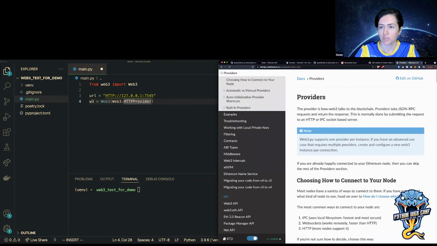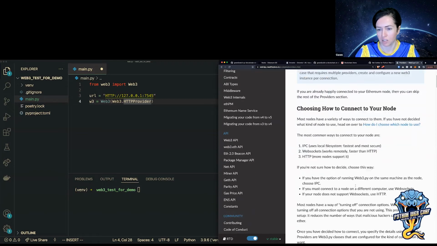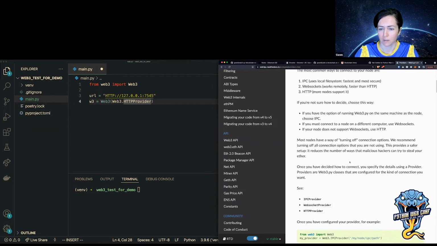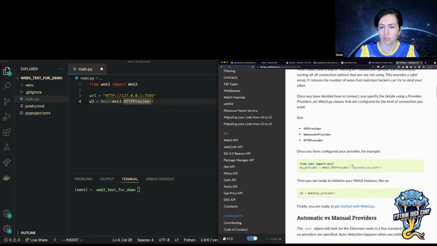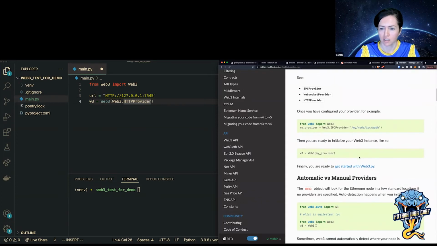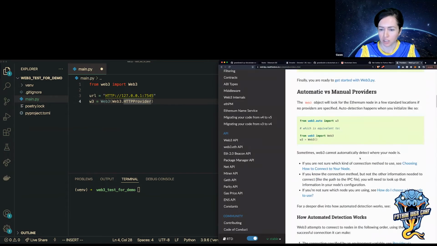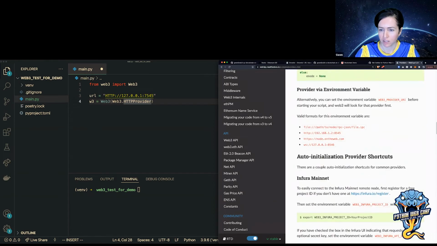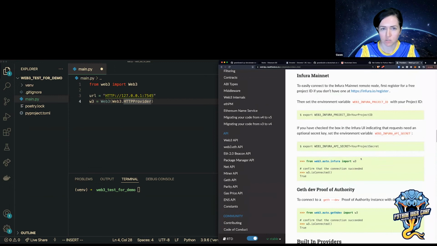So this goes over the different kinds of providers that you can use, basically which blockchain are you trying to connect to? And you can connect via HTTP or WebSockets, or if you have a local actual node running, you can connect to that. It does have a built-in one. I was trying to find it. Yeah, I'm not sure. There is one built in.